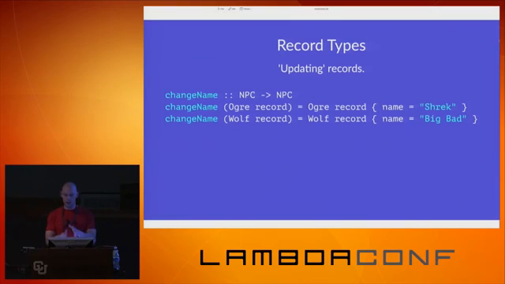So everything from ogre onward, record name equals Shrek, is a record update syntax. It says take the record called record, in this case, and create a copy of it with the name changed to Shrek. So this returns a new record. It's completely identical to the old record, except for one change, and that is the name field has been changed